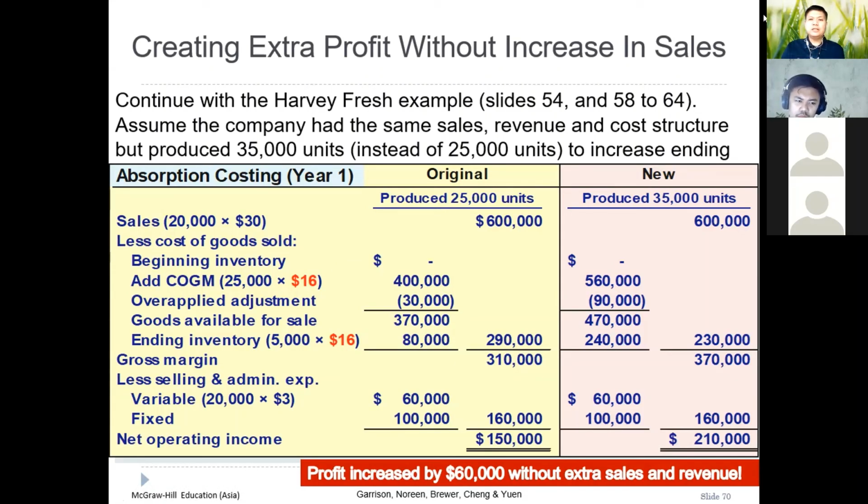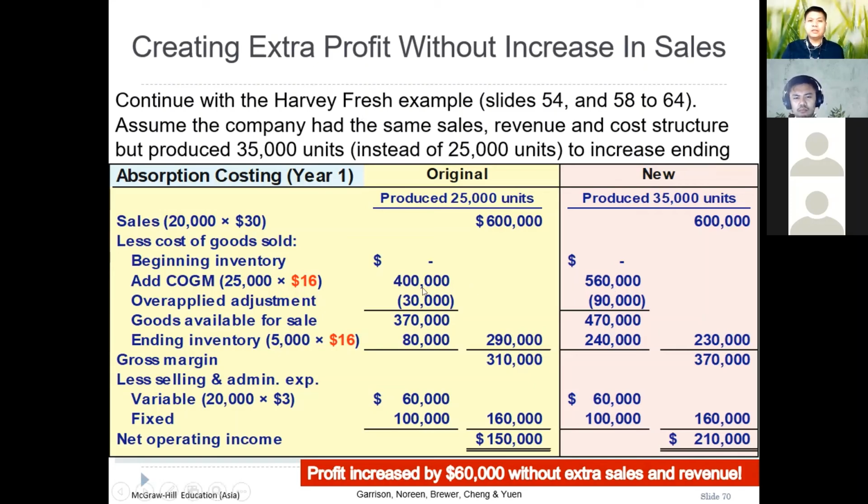So it says here, if we continue with the Harvey Press example, slides 54 to 58 and 64. Let's just read this. Assume the company had the same sales, revenue, and cost structure, but produced 35,000 units. Okay, so nag-increase yung kanyang ending inventory. Pareho siya ng sales, beginning inventory, parehong wala, cost of goods manufactured,